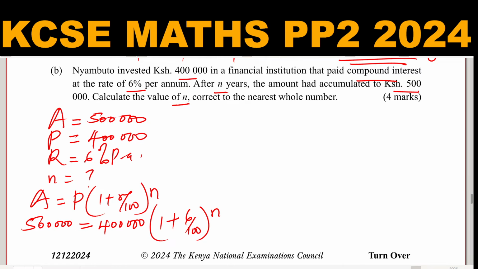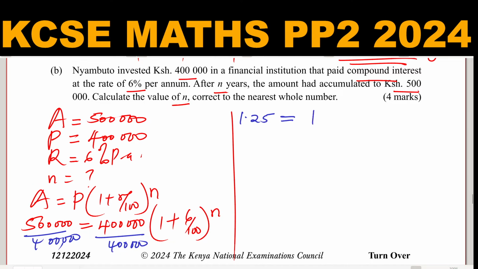So what we don't have is n. To solve this question, we need to make n the subject of the formula. We'll start by dividing both sides by 400,000. This will give 5 divided by 4, which is 1.25